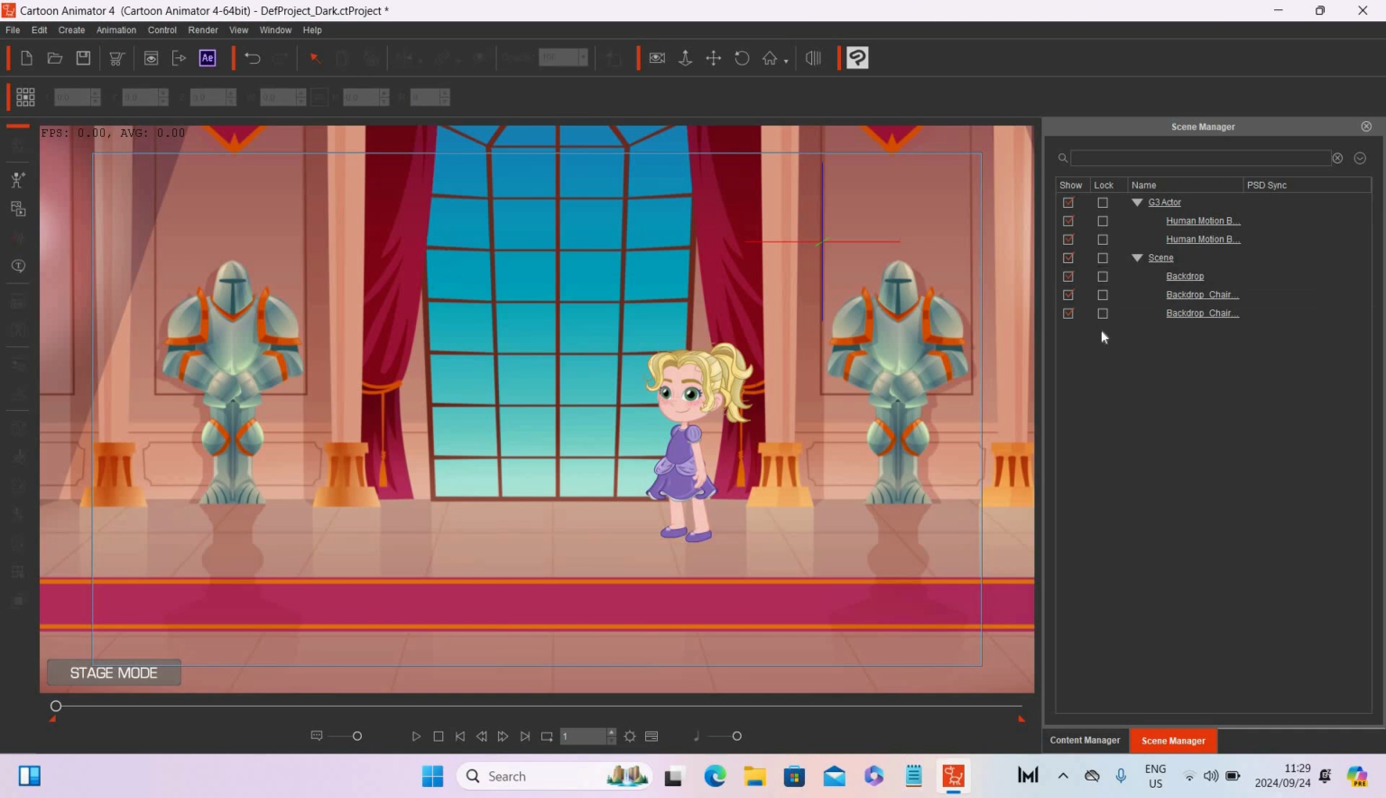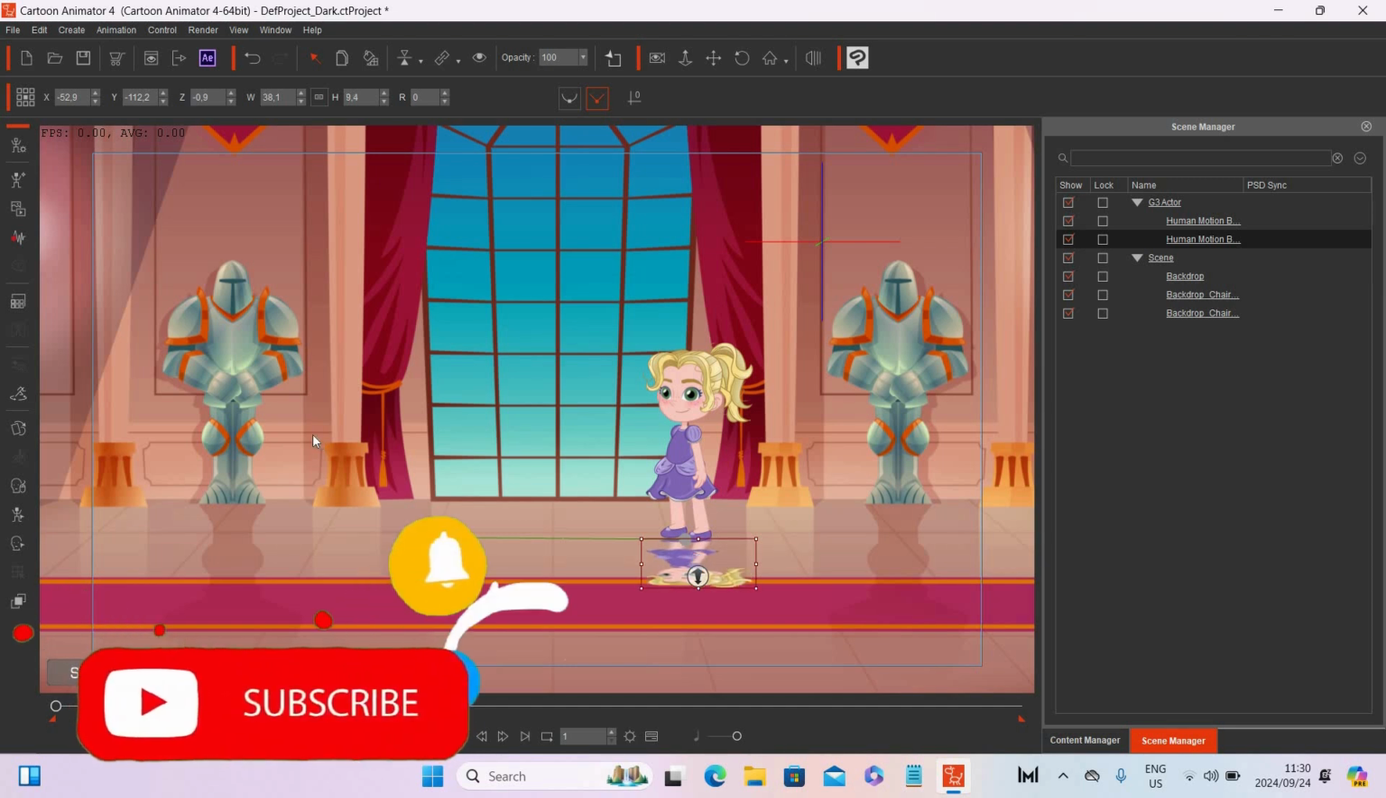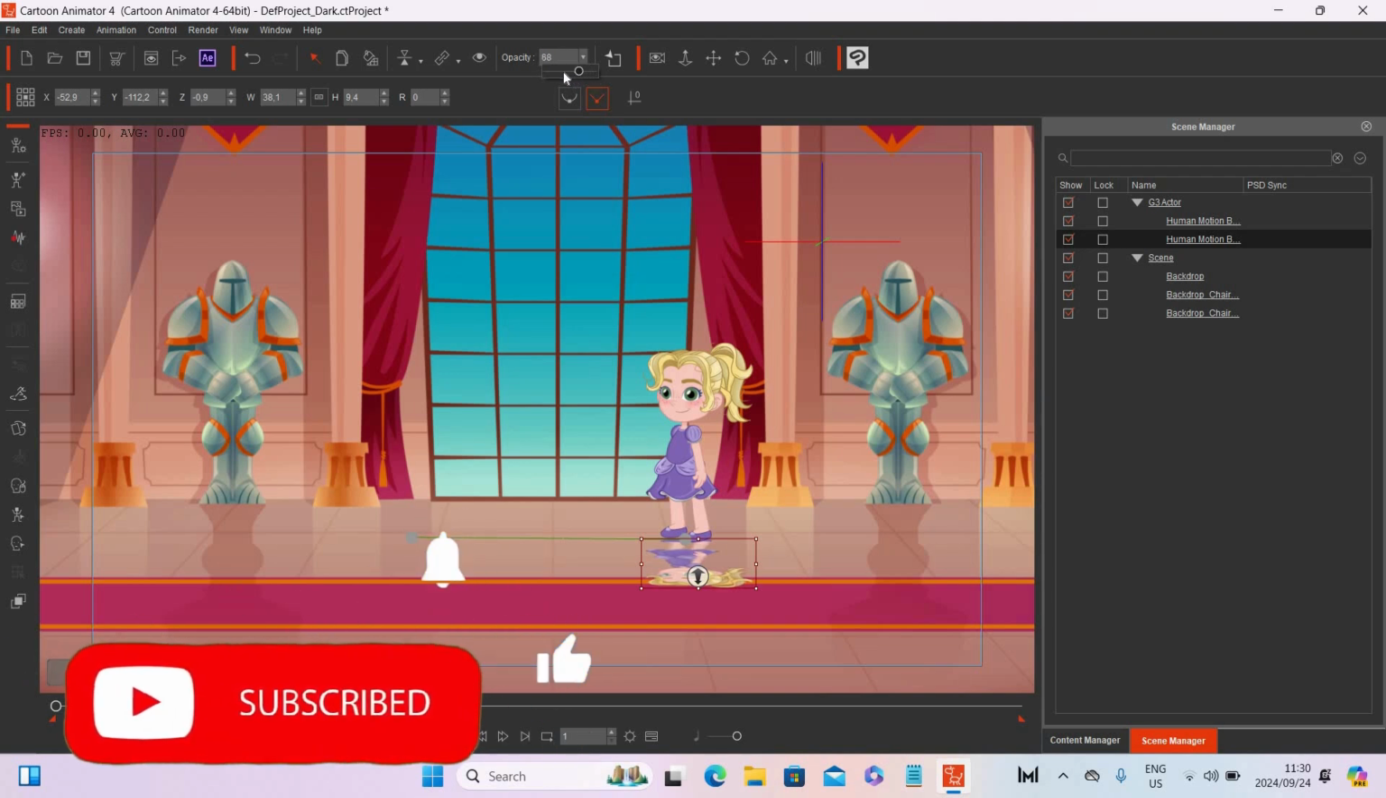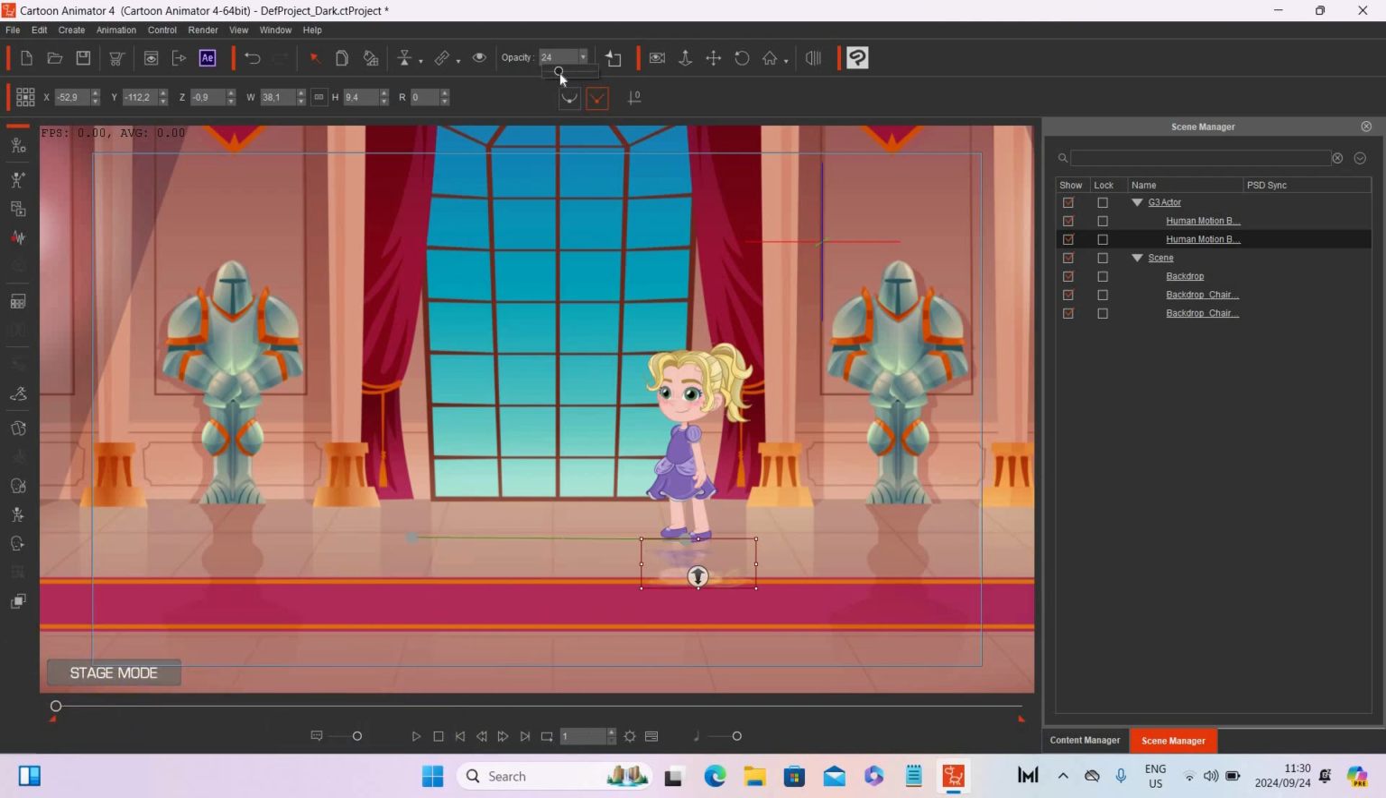Okay, so what you want is to select your character, and now you want to flip it vertically like that, and now you can squash it like so. And now you can drop the opacity. And there you will have your reflection. So if you press play,